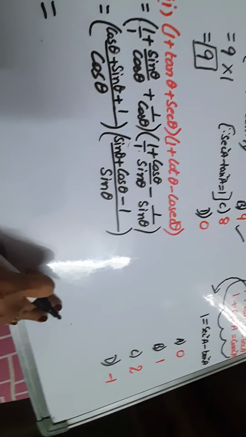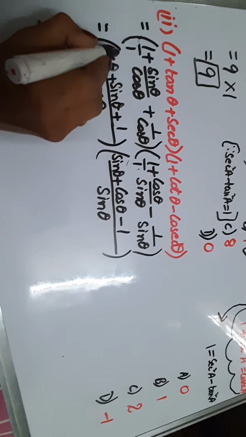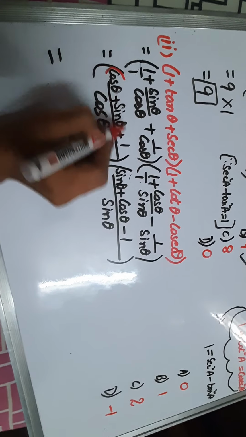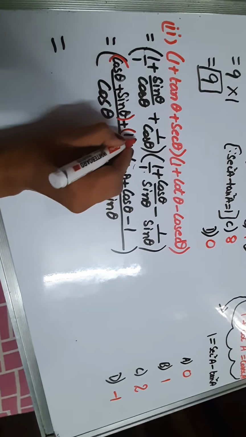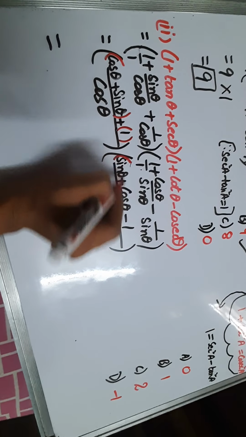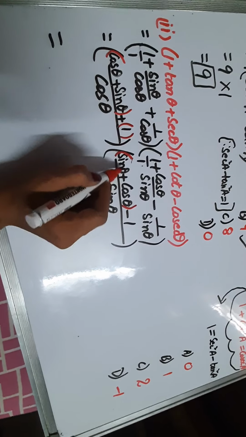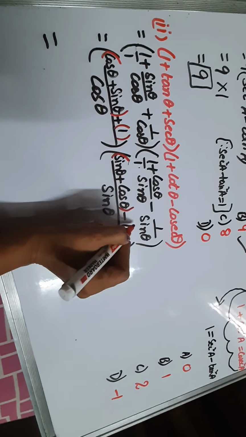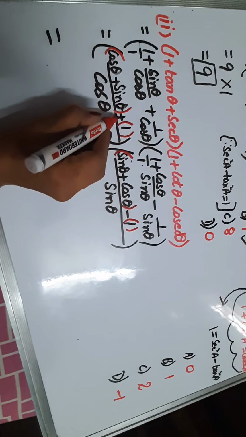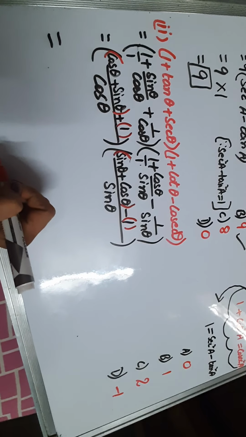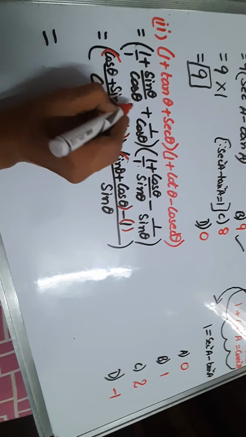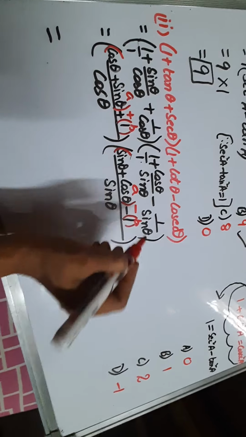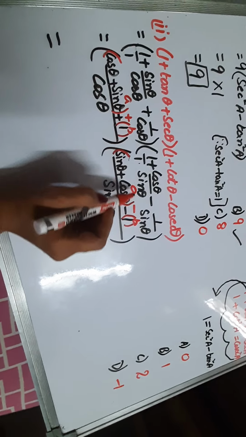Now very carefully we will solve this. Dear students, this particular portion we will take as A and this will be taken as B. Why? Because you can see sin theta plus cos theta, sin theta plus cos theta, both the terms are the same. Second term is 1, here is 1. Here plus is there, here minus is there. So now we are going to use the algebraic identity A plus B multiplied by A minus B, where A is this complete bracket and B is 1.